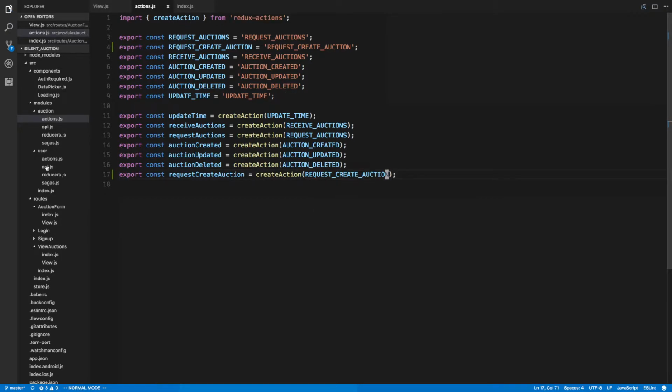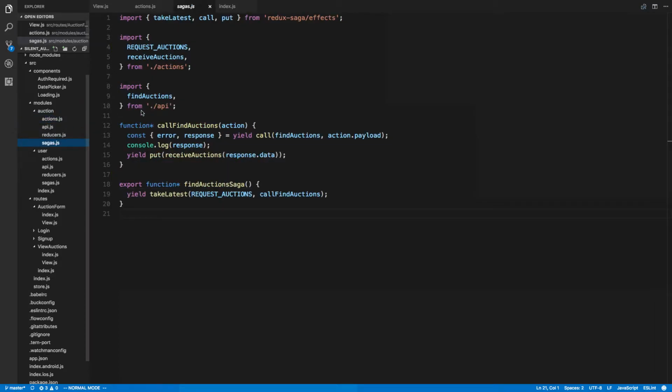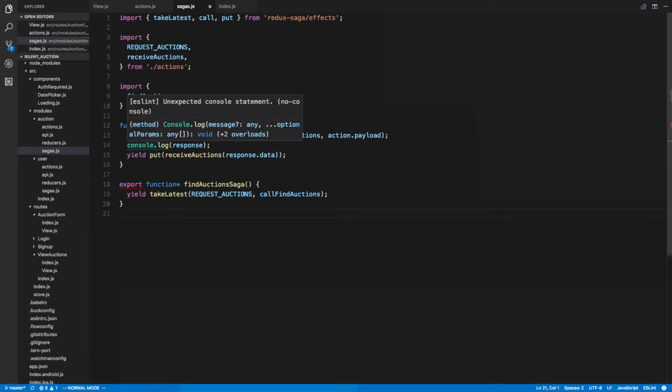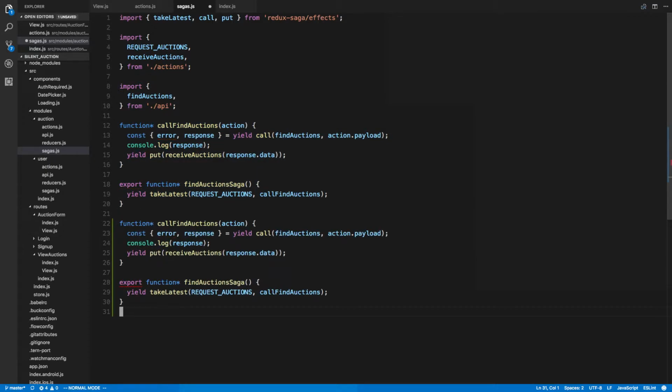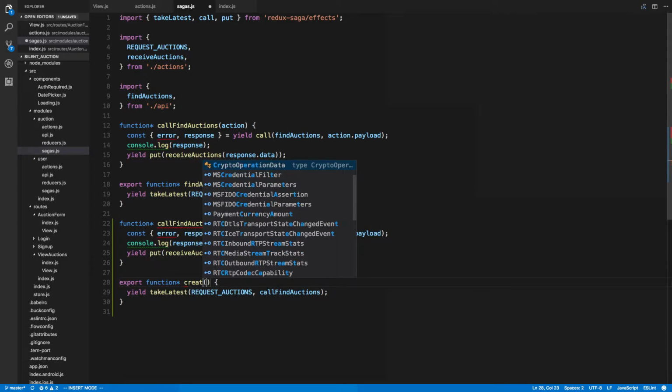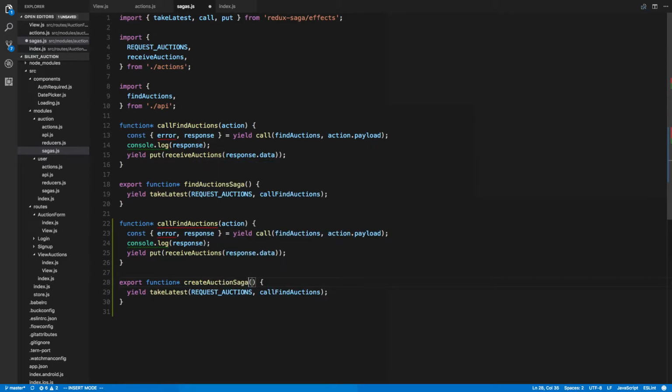Alright, so we have the action hooked up. Now we can add a saga. So we can copy that, paste it, and here this is going to be a create auction saga,